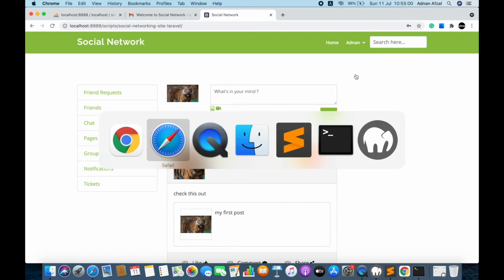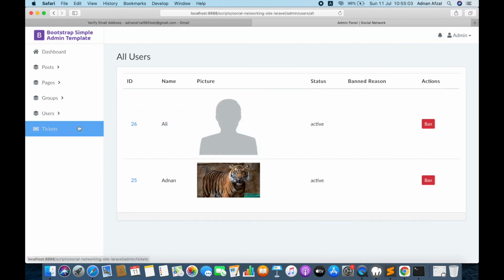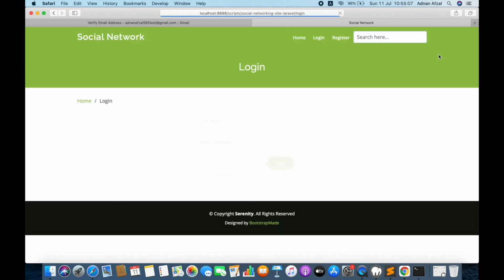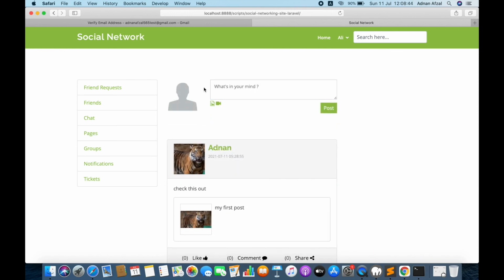Now I will show you a feature where you can see a list of people who have viewed your profile. I'm going to log in as a user and see a user's profile.